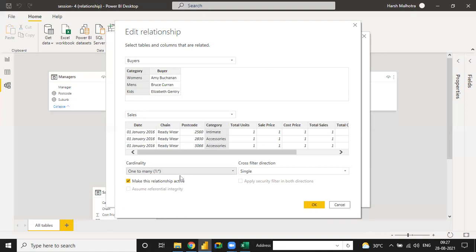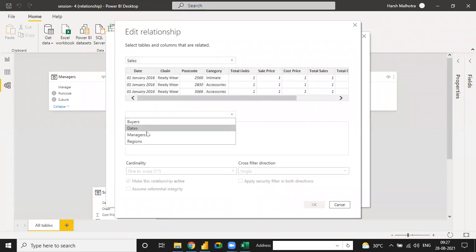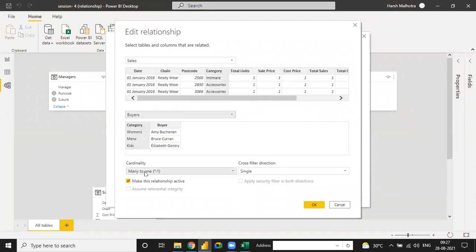Many to one is used when your visualization is connected from the large table to the smaller table, and one to many is used when your data is connected from the small table to the large table. Any doubt in these two types of relationship, one to many or many to one? Suppose you select sales here and buyer here, then it automatically connects as many to one.